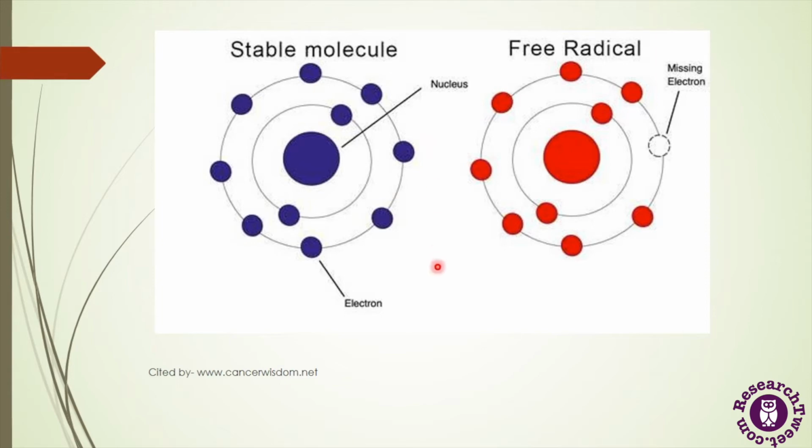But in another condition, here there is an atom which has only 7 electrons in its outermost electron orbital, and there is a missing electron. So this is an unstable molecule and it wants to complete its octet, so for this it will bond with other atoms so that it gets an extra electron and becomes stable. These molecules which have an incomplete outermost orbital are called free radicals.